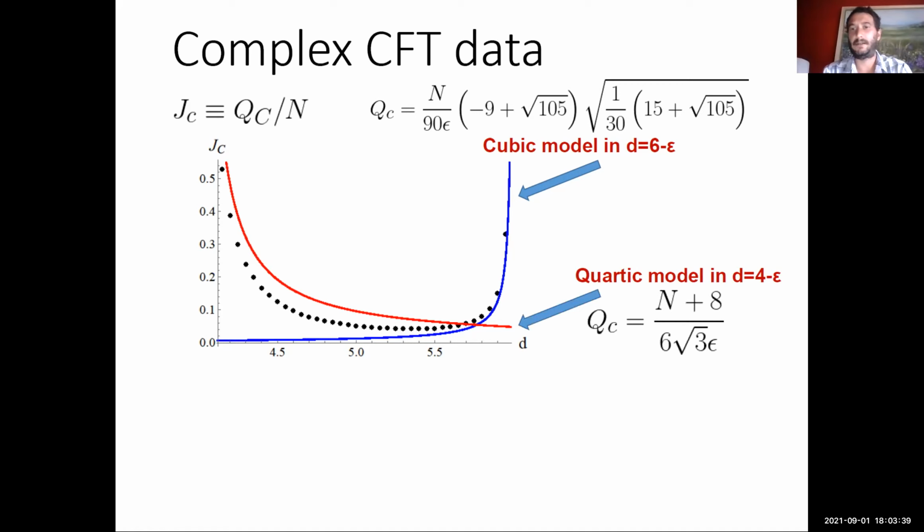The red line is the result we obtain for the quartic model in 4 plus epsilon dimension. Sorry, mistake, it should be 4 plus epsilon,